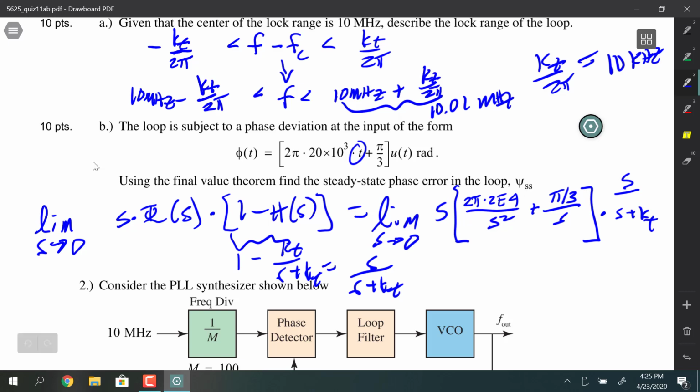And then we could go cruising along with our final value theorem. We would be making some simplifications here. We can factor an s out. We've got two terms inside of here, so we have to deal with both of them separately in taking the limit. But we're going to have an s squared